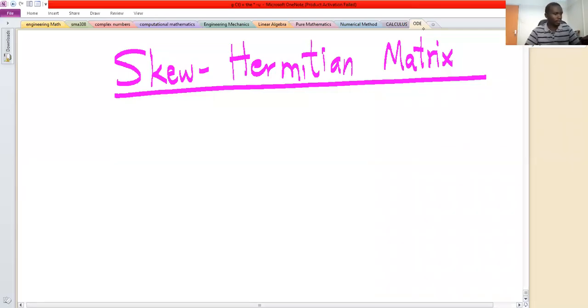Welcome to this session. In this session, we are going to define what we call a Skew Hermitian matrix and give some examples. So, definition: a square matrix